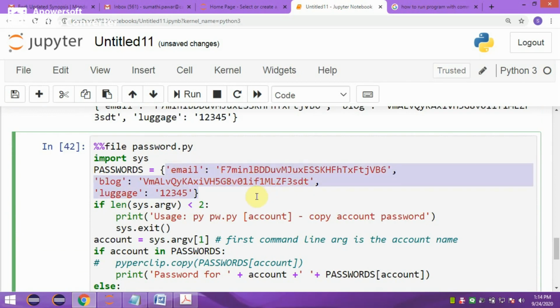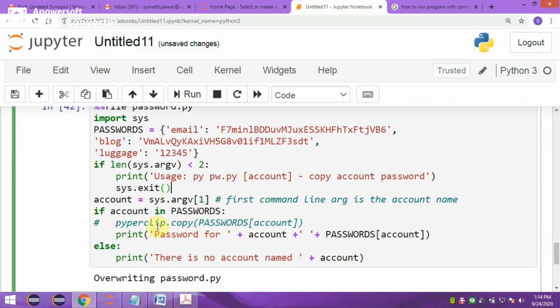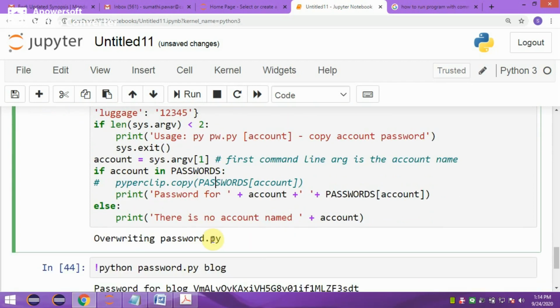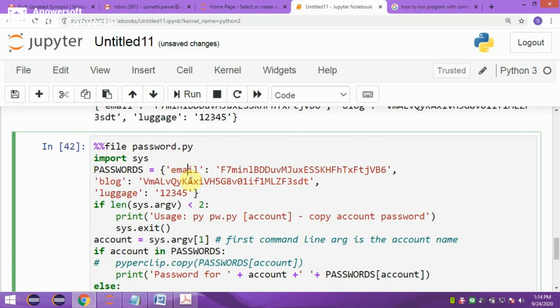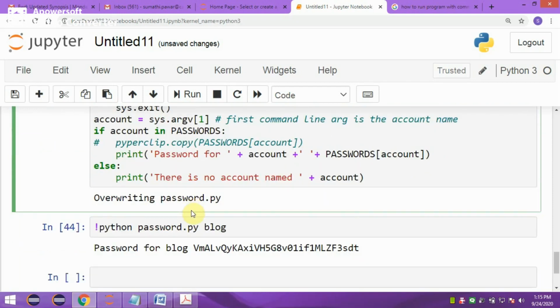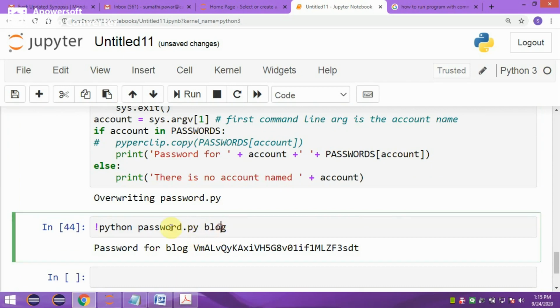Instead of storing to the clipboard, it is retrieving by displaying on the monitor or the screen. See here, the password is stored in the dictionary and you are going to retrieve it according to the command line argument. The command line argument is input in the statement by running the Python program using !python.